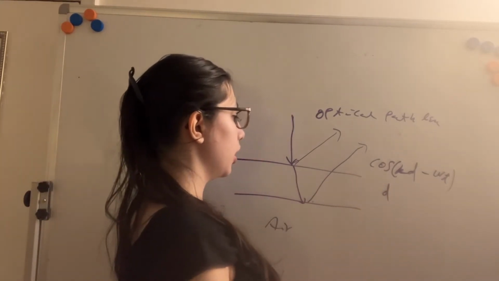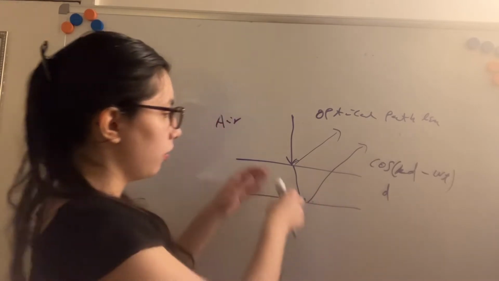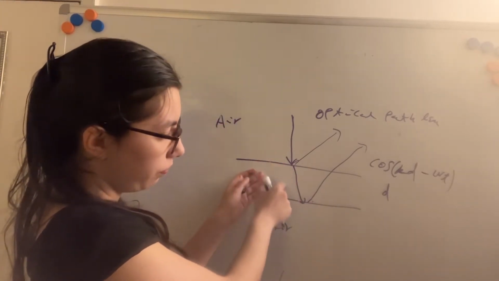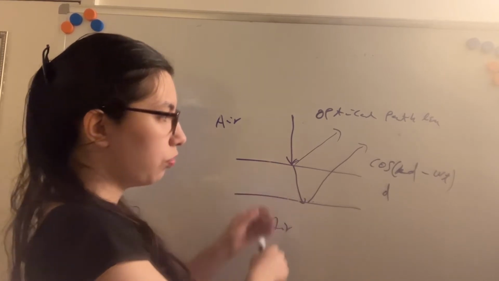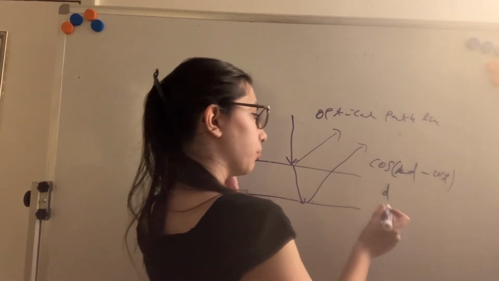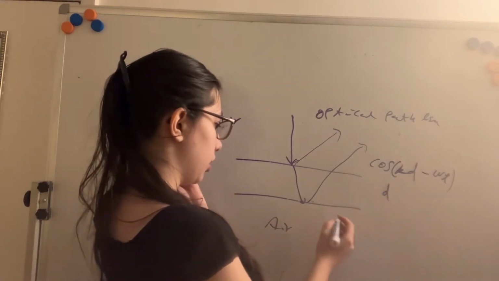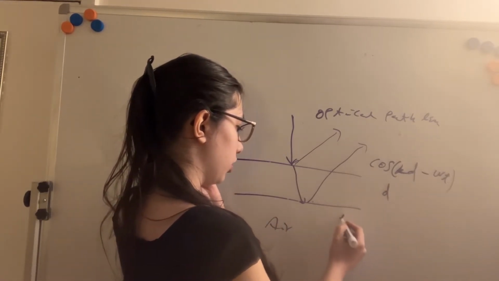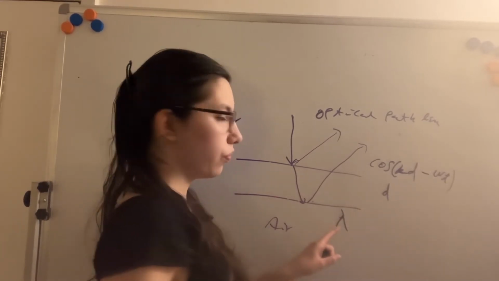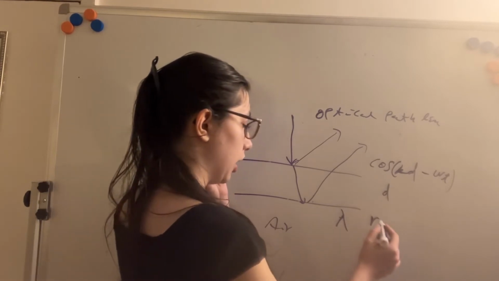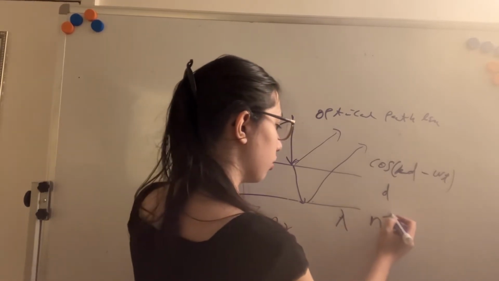What is the wave actually traveling when passing through this new medium? Because lambda changes because of the refraction, where n is the index of refraction,